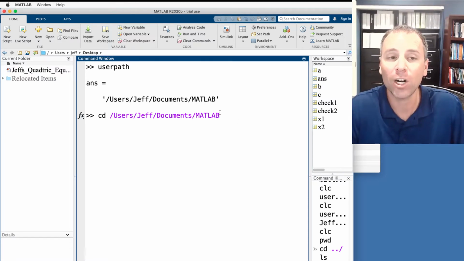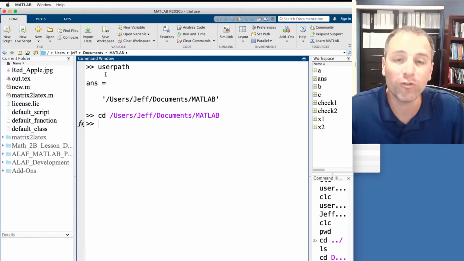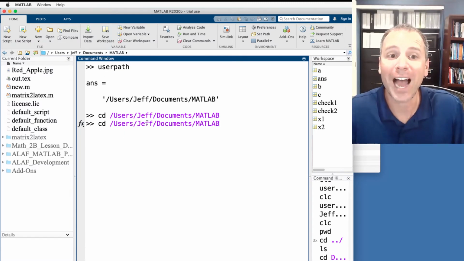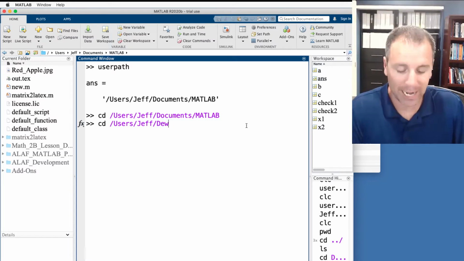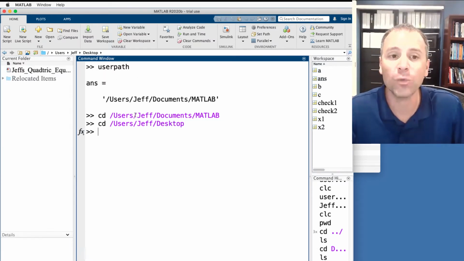If I run this code, notice I've changed to my user path. I've changed to that default location where MATLAB is going to store files unless I've moved my librarian. Similarly, I can get back to the desktop by just typing desktop, and that will move me back to that location, which means now I have command line code that moves me back and forth in the current folder.